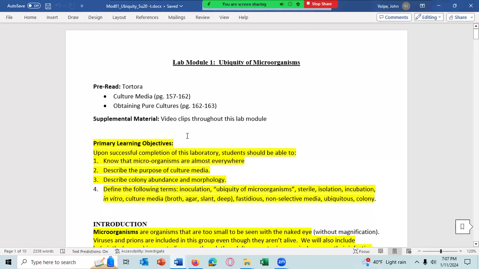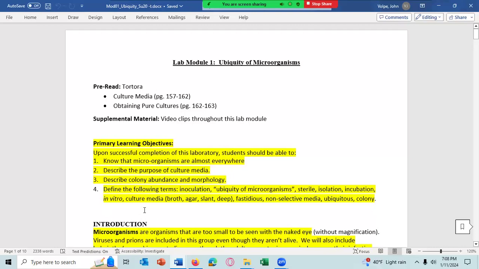The learning objectives for this lab are: 1, know that microorganisms are almost everywhere. 2, describe the purpose of culture media. 3, describe colony abundance and colony morphology. 4, define the following terms: inoculation, ubiquity of microorganisms, what's something that's sterile, what is isolation, incubation, in vitro, a culture